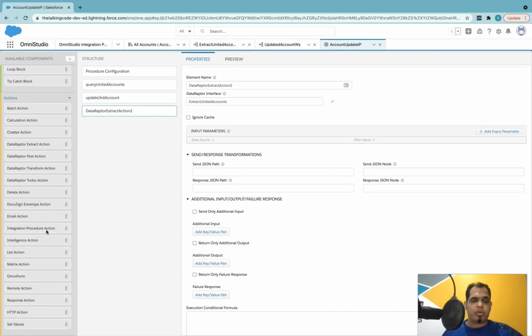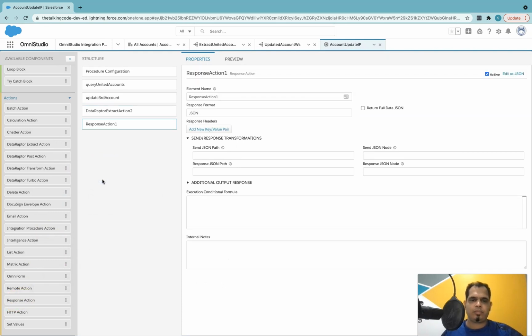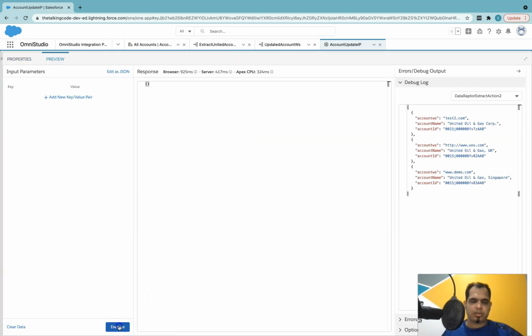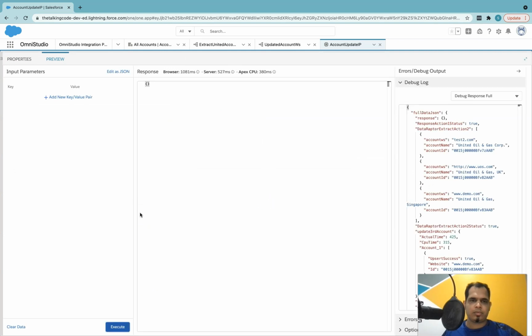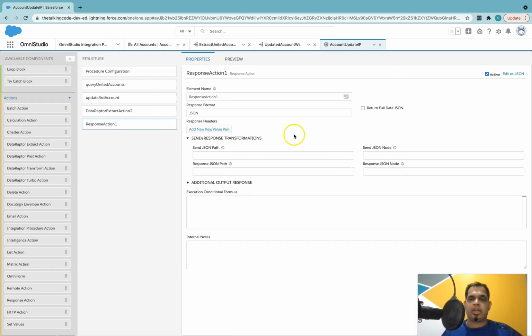So if you want that, then we need to drop one response action here. Now if we go and preview this, it's still not returning anything, because we need to tell this response action what exactly this integration procedure is going to return.